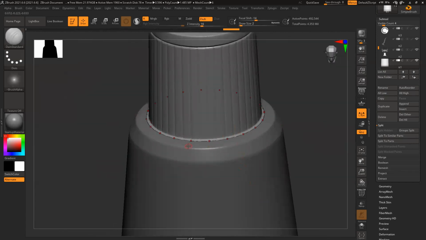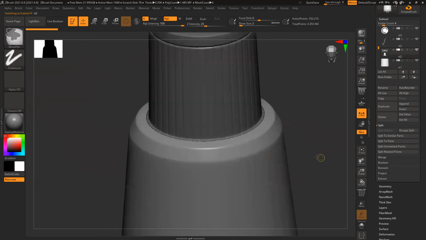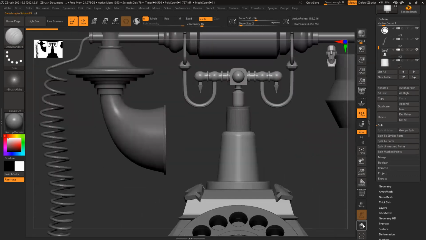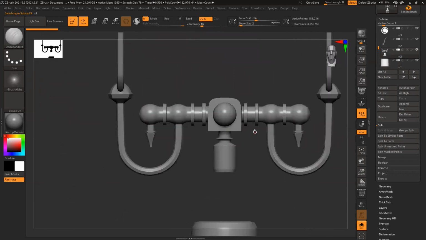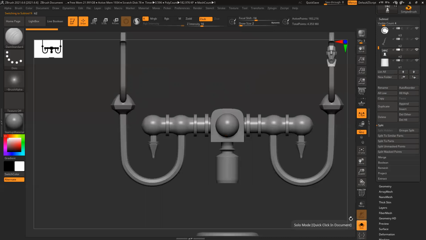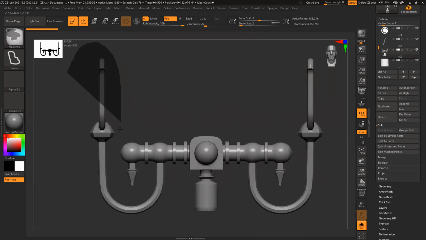So here I can clearly see there is a gap visible. So what I'll do is I'll select this model. I'll split this model into multiple parts, because I feel I should separate this into multiple parts. So it will become easy for me to control.